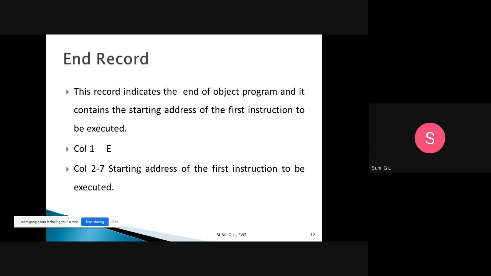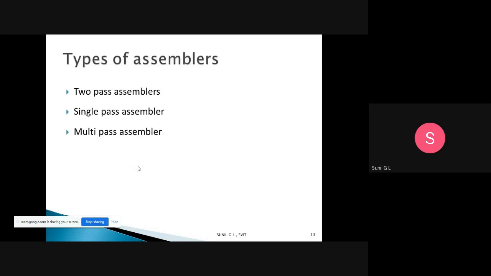Next, what are the different types of assemblers we have? Three types of assemblers are available: two pass assembler, single pass assembler and multi pass assembler.